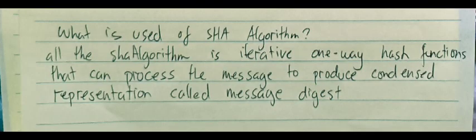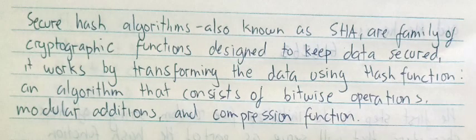What is the use of the SHA algorithm? All the SHA algorithms are iterative one-way hash functions that can process a message to produce a representation called a message digest. Secure hash algorithms, also known as SHA, are a family of cryptographic functions designed to keep data secured. It works by transforming the data using a hash function, an algorithm that consists of bitwise operations, modular additions, and